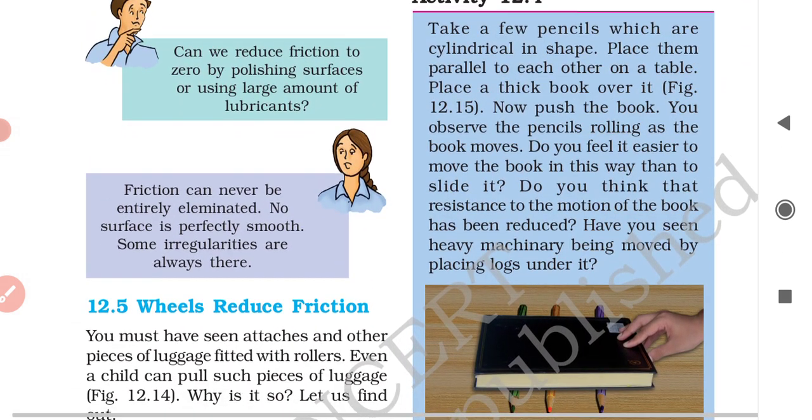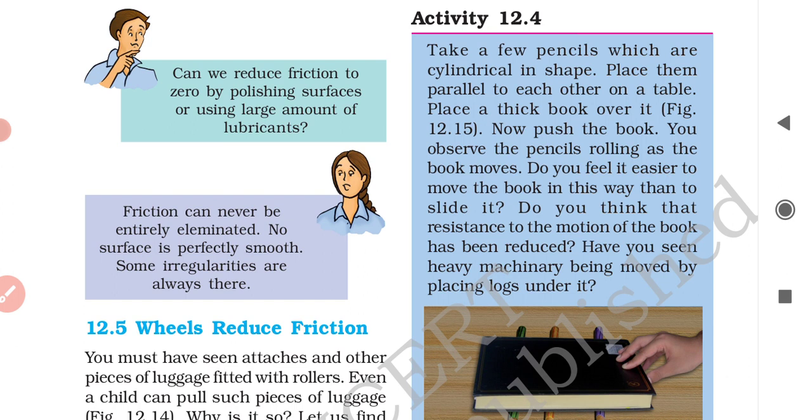As I have mentioned already, it is due to the conversion of sliding friction to rolling friction. When we fit rollers or wheels on a heavy load, the sliding friction is converted into rolling friction, and the rolling friction between the wheels and the ground is much less. So it is quite easy to move a heavy load or heavy object. Clear?